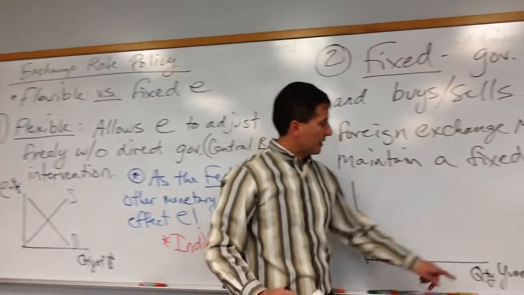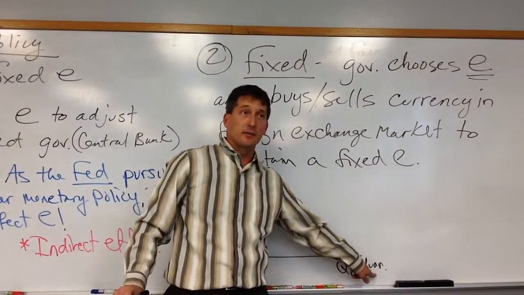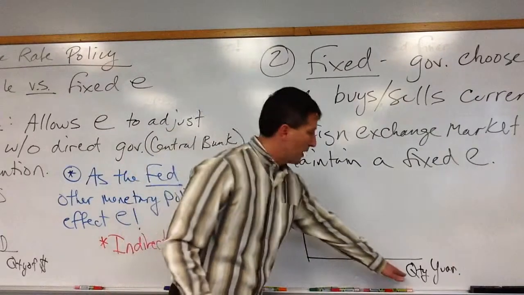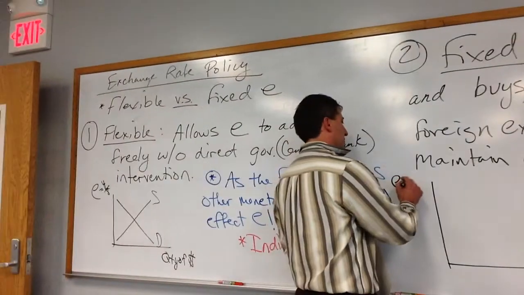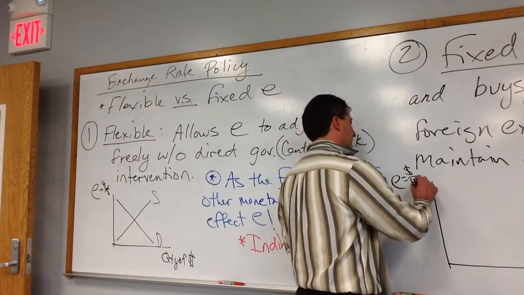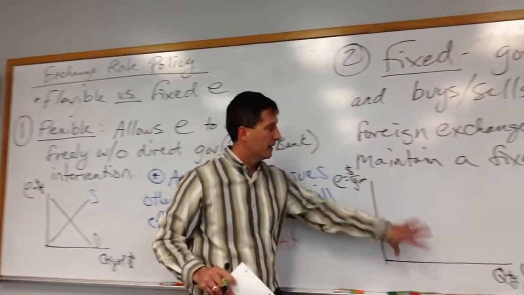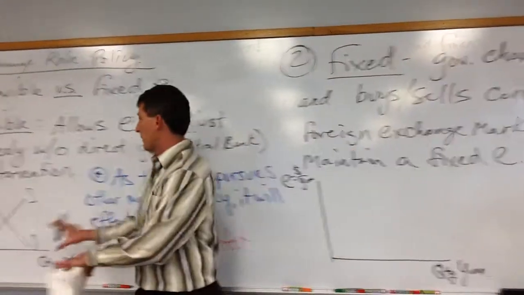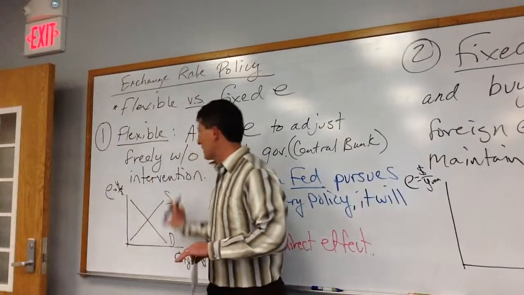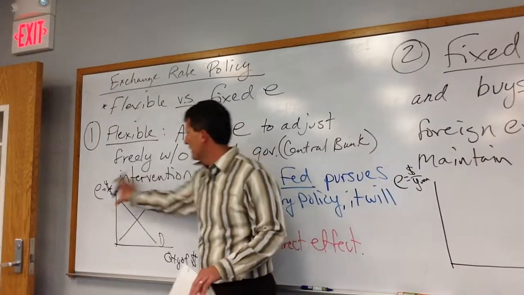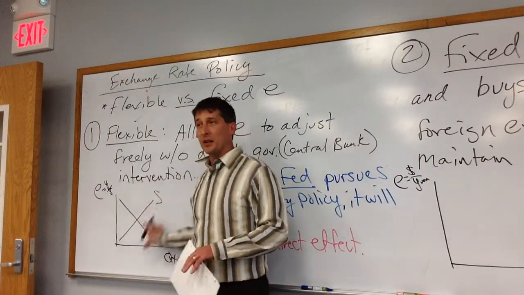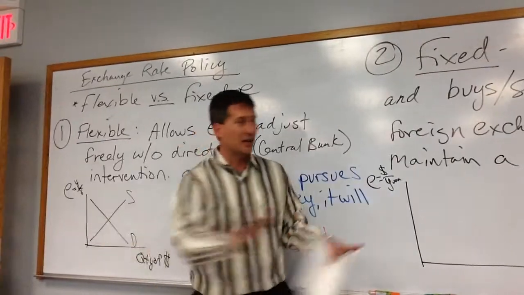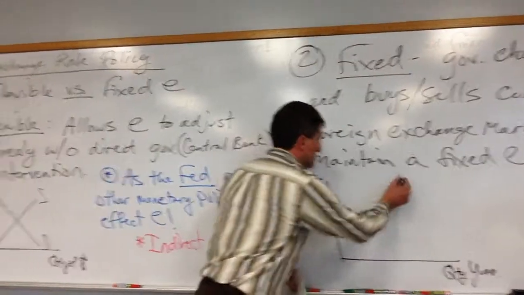So this time let me put the quantity of yuan down here, not dollars. And if we're measuring yuan there, we can have dollars per yuan here. Again, we didn't do it this way before, but we can look at it this way or that way. For most of your stuff in your book, other than trying to show this point here, this is the graph that you need to know for most of your homework problems and test problems. So I don't want to overemphasize, but we can go back and forth here. If it looks like this,